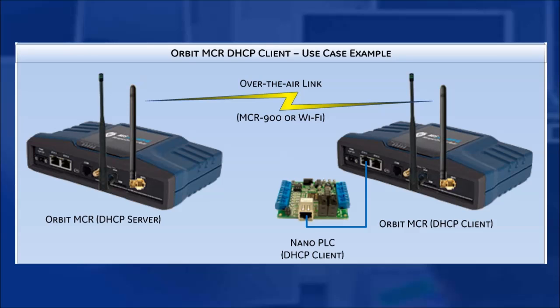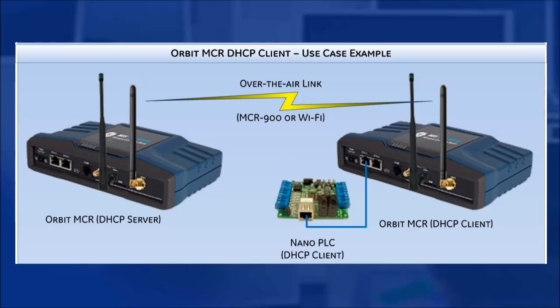In this video, I'll show you how to configure the DHCP Client feature on the Orbit MCR. By default, the unit is shipped with the IP address of 192.168.1.1 with a prefix length of 24, but most likely you're going to want to change that address to fit